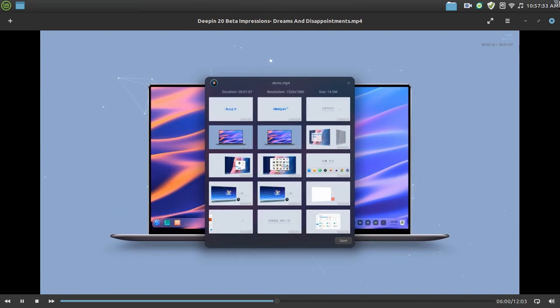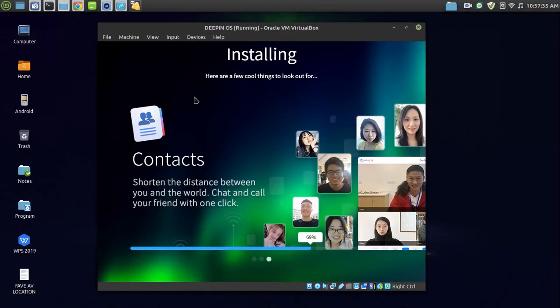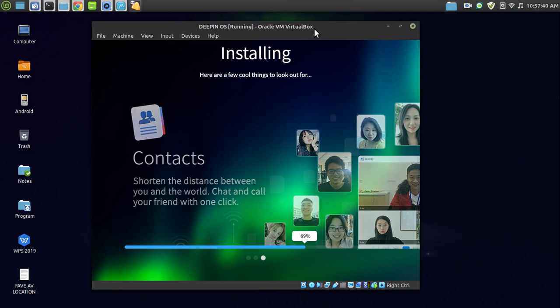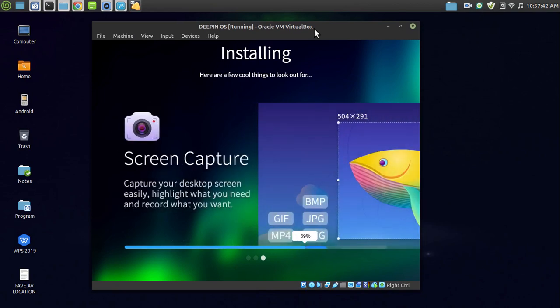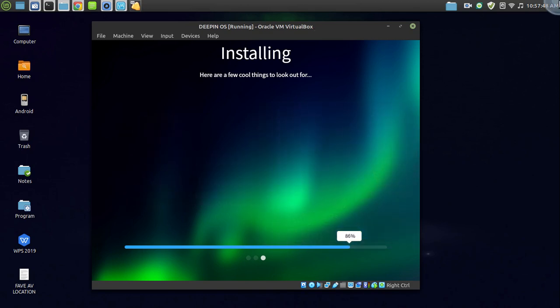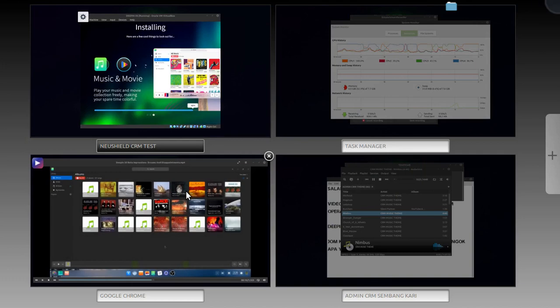Unfortunately, I couldn't find a way to save these burst shots as separate full resolution images, and I hope that's something that's coming. Deepin Music is certainly an app for playing your music. This one is fairly bare bones and doesn't remotely rise to the robust awesomeness of Lollipop, which is my